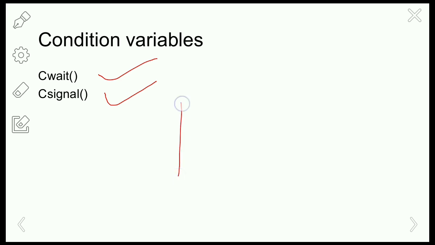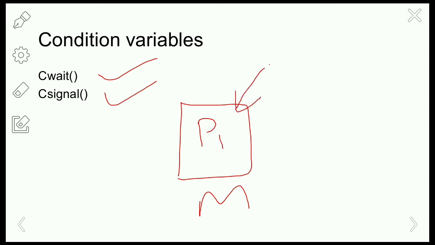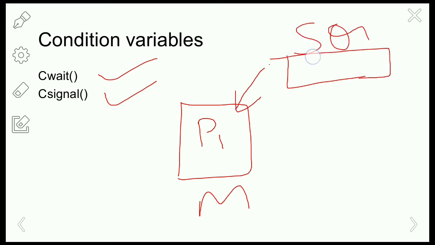Okay, so here in the monitor, suppose there is any process already in the monitor, then no other process is allowed to enter the monitor and it will be placed in the suspended queue here. So after P1 finishes the execution, the process which is waiting in the suspended queue will be invoked to enter the monitor. Okay, so that is called the C wait. So here P1 has finished the execution and P2 is allowed to enter the monitor.